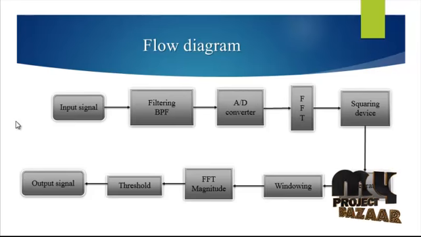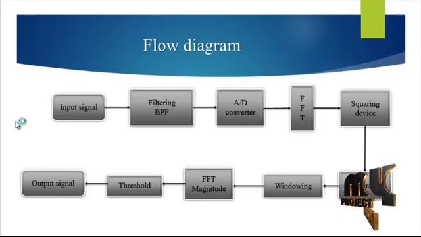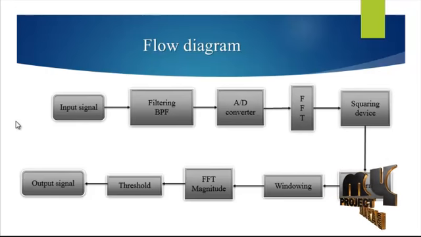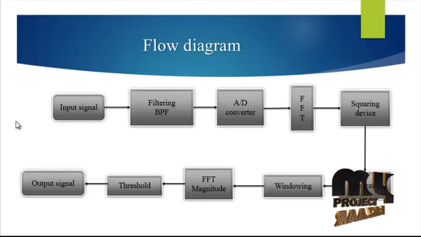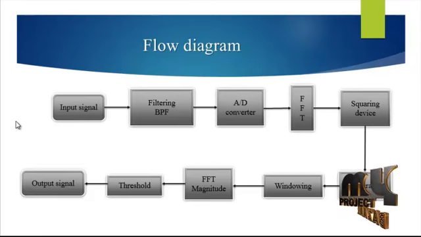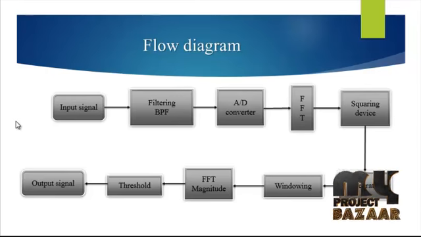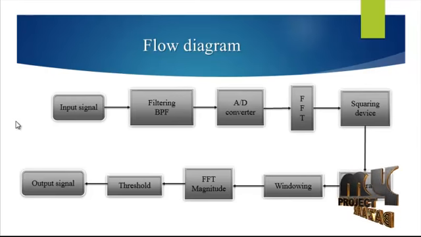In this process, the A to D converter, the analog to digital converter, digitizes the signal pre-processed by the BPF, and then follows the FFT, which means fast Fourier transform. The signal is converted to digital, zeros and ones, and is processed by the Fourier transform, and then goes to the squaring device.